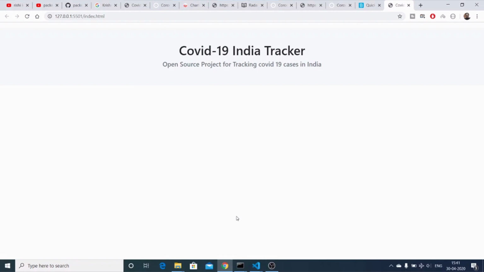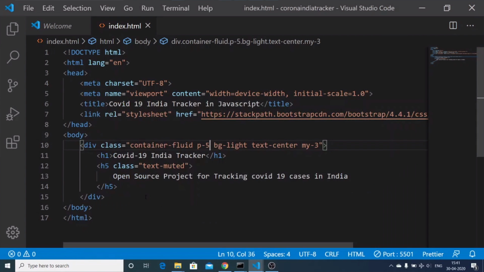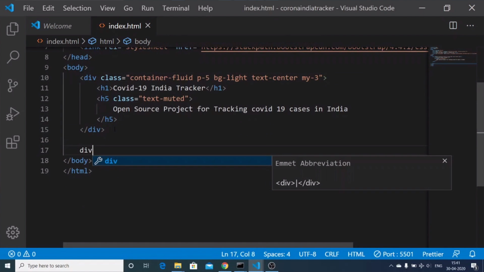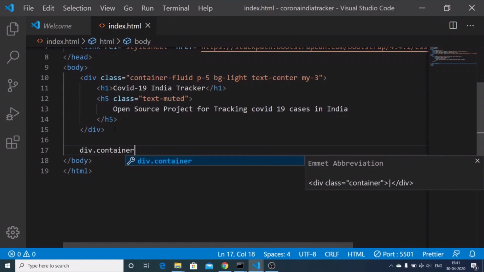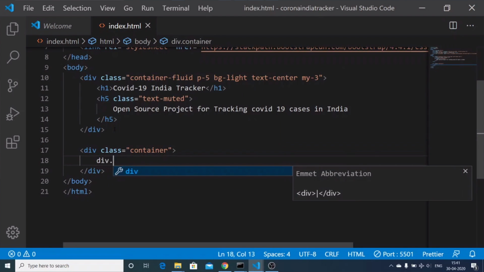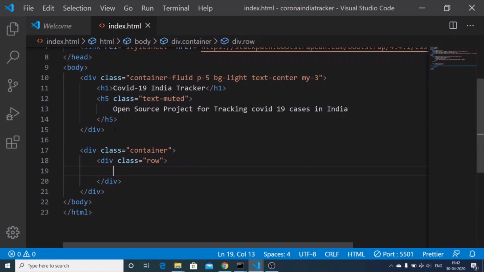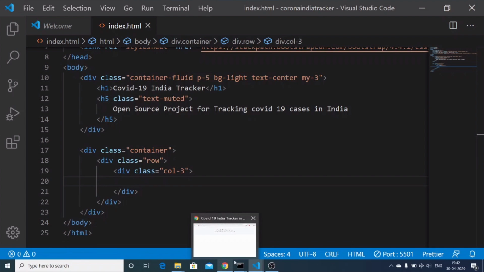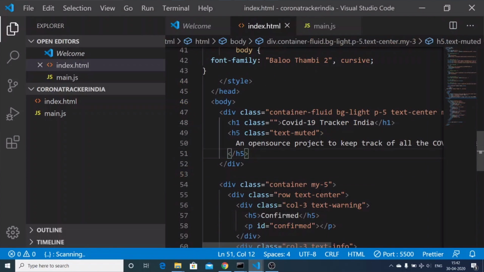You can see that. And now what we want here is a container class first of all, and here we will be displaying inside a row. So col-3, first of all we will have the confirmed cases. Let me just see the code here.